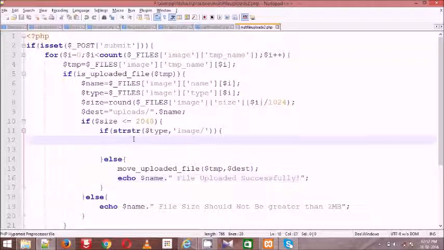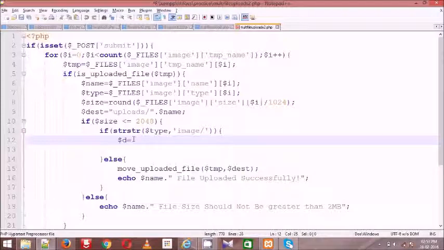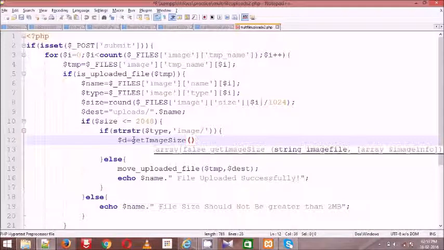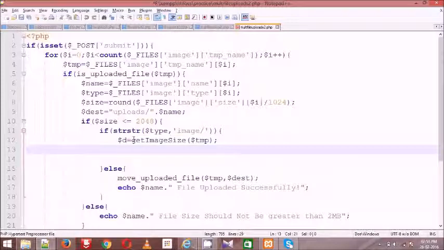Then after that, when coming to the image, we have size restrictions. The image size should not be less than 200 pixels. I want to upload files of more than 200 pixels only. So to get the height and width of the file, again we have a predefined function, that is called getimagesize. Here this is the temporary location. One by one we are checking the files. If he uploaded 5 files, the loop is iterated 5 times, so we will get files one by one. It returns array format. So 0 contains width, 1 contains height.